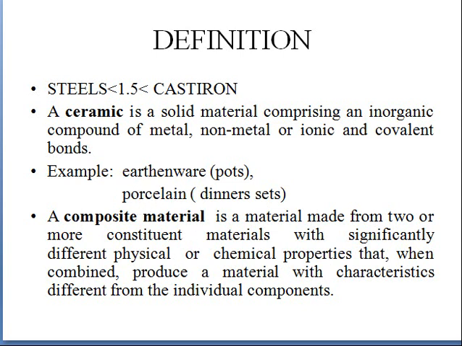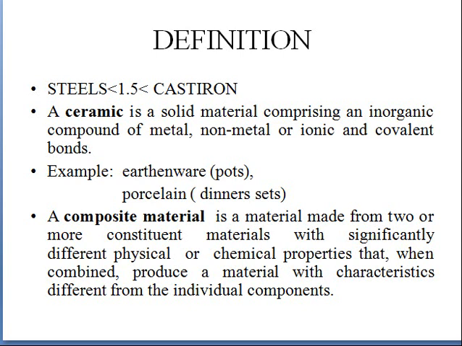Next one is composite material. Composite material is a combination of a few more materials. Like for example, if we take cement, concrete, and sand. Cement will have different properties, concrete will have different properties, and sand will have some different properties. The combination of cement, concrete, and sand will give us a material which has good strength. So this is composite. Composite is a material which has the properties of the materials which we are adding. Additionally, we get some more properties which we require.